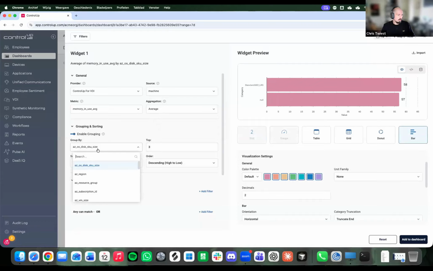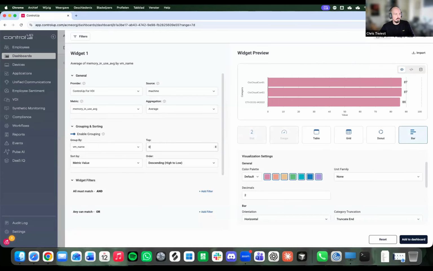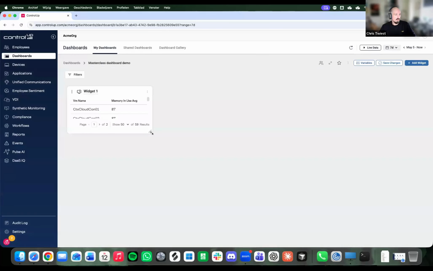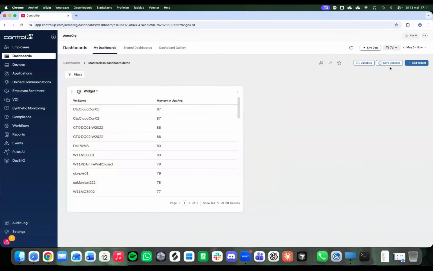He wants to be grouped per machine name, and machine name is VM name. We can make a top 50, we can put it in a nice table, and here we go. So the answer to that one is yes, we can make a widget.